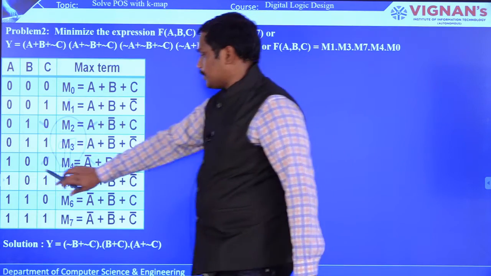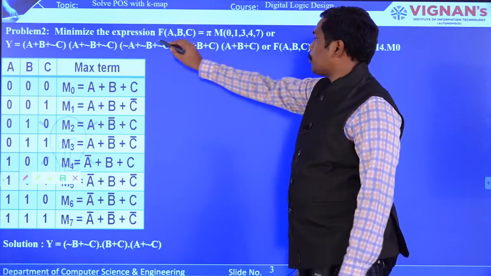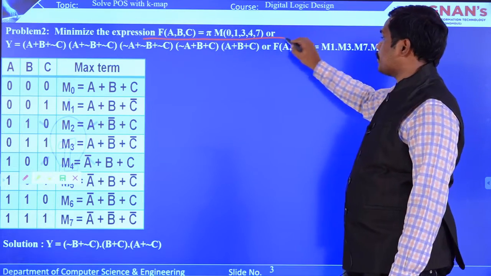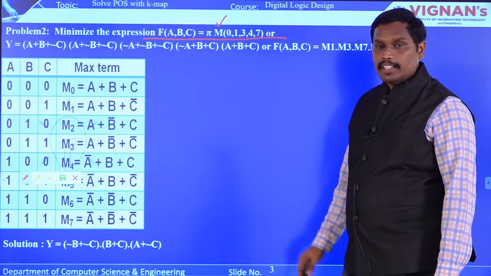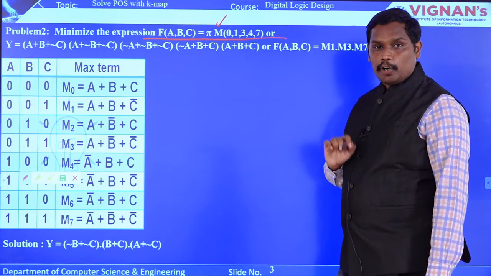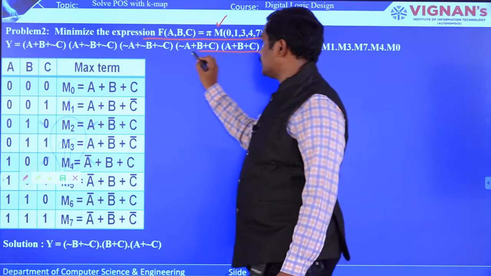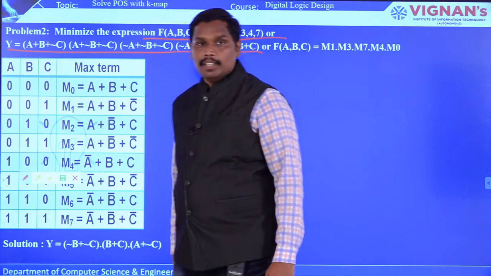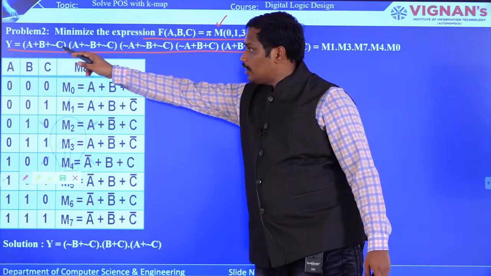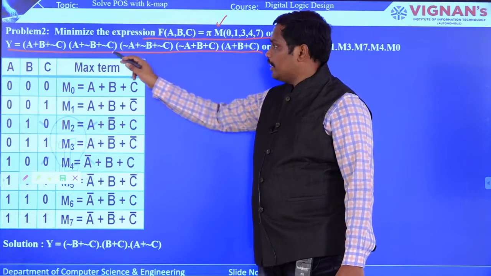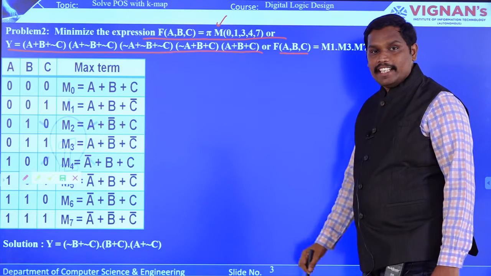So here the expression that they have given is in POS, right? That is product of sum, which is represented with capital M. Whenever capital M is given, that expression is product of sum. So they have given the question in this way. That is the canonical or standard form, because you can see all the Boolean variables in every expression. So you can see that the variables are 3 in number, that is A, B and C.